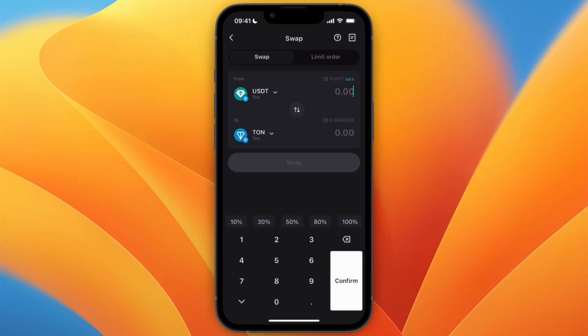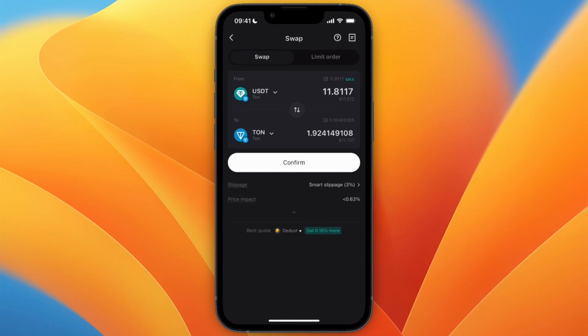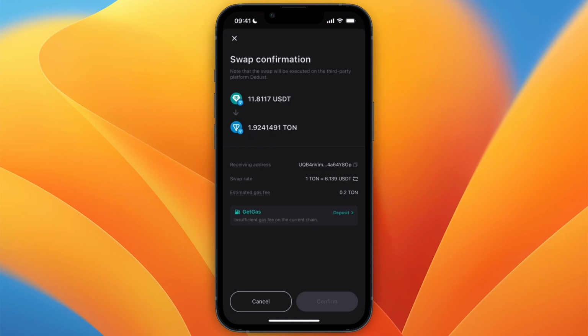Now just choose how much you want to do. I'll just do 100% and then you can see how much you will get. So in this case a little over 1.9, and from there just click on confirm. Now in this case you can see the gas fees are about 0.2 TON, which right now I don't have on my account, so therefore I would need to first deposit a little bit of TON or just buy it. But then after having that I can click on confirm, and then after you click confirm it will be swapped,